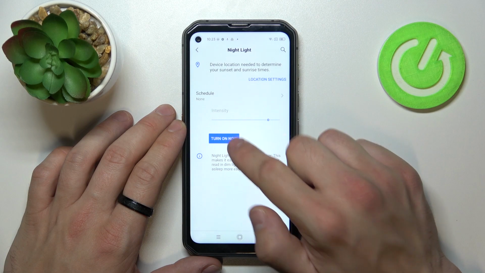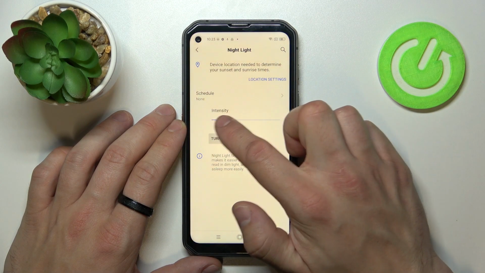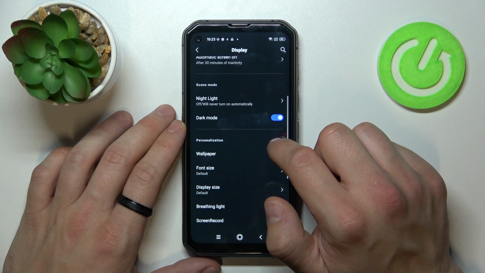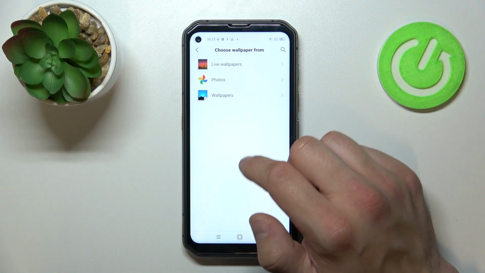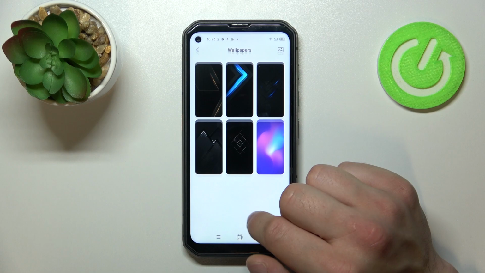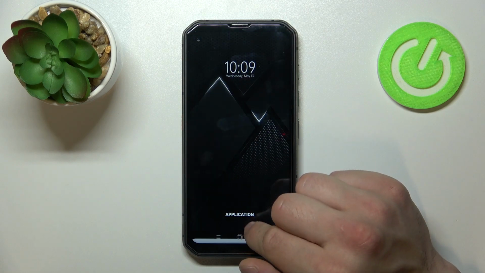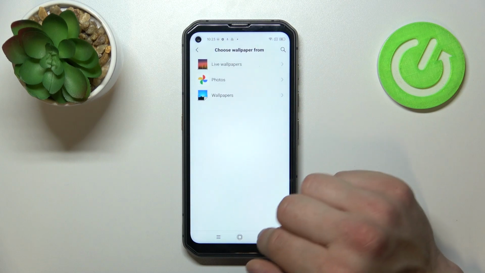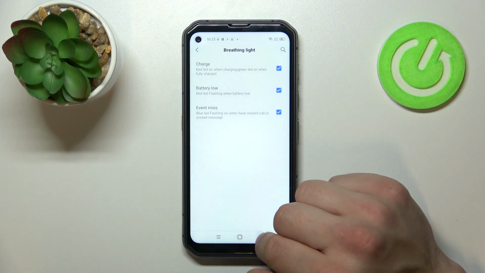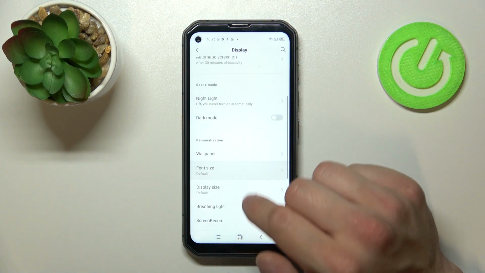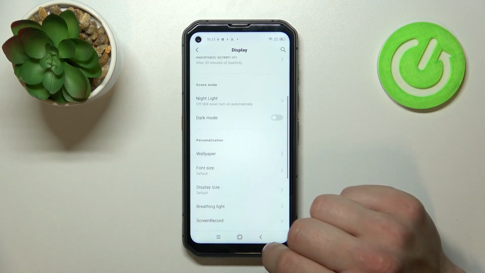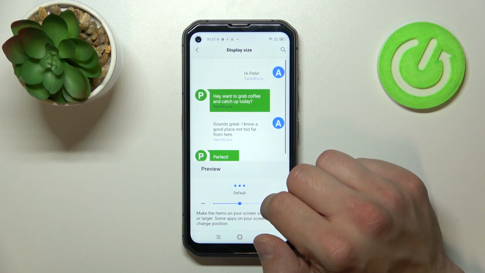manage night light, enable it and change its intensity, enable or disable dark mode, change wallpaper, adjust font size, display size,